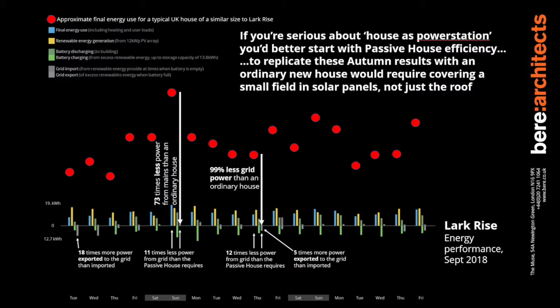So in conclusion, or making a sort of detailed comparison there, I took the first one. If you look at the first tall graph, sorry, I haven't got a pointer, there's 73 times less power taken from the grid by this building on that particular day than a normal building would. And then the next one along actually used even less from the grid,